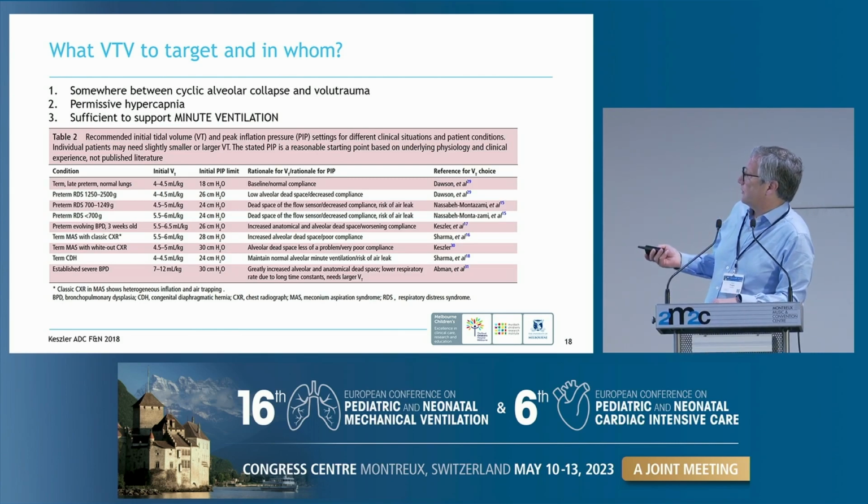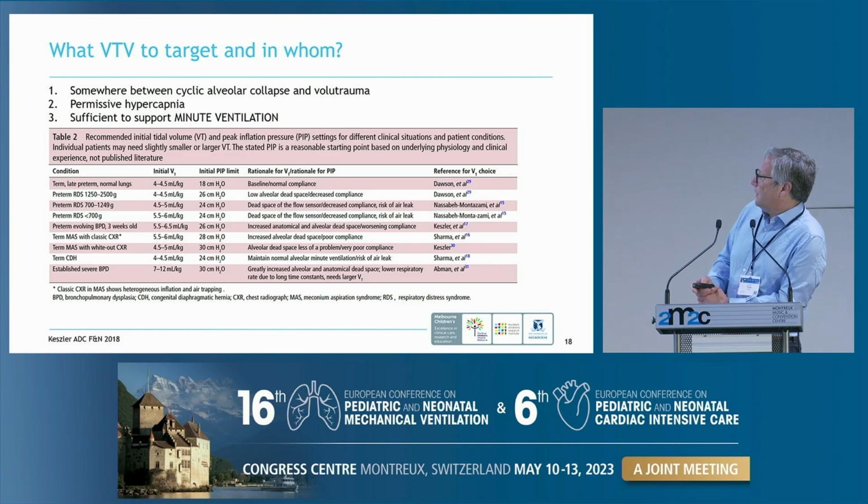And this is a nice summary table which is available in the archives, which demonstrates that dead space changes over time. So here you can see the newly born preterm baby or the term baby has a dead space which is essentially normal, so 4 to 5 mL per kilo, maybe 6 mL per kilo in the babies who are very small because they have a relatively large dead space compared to alveolar surface area, is going to be appropriate as a starting minimum tidal volume for these babies. But as the baby develops chronic lung disease or has other pathologies which might result in a larger dead space in their respiratory system, you need to increase your tidal volume appropriately.